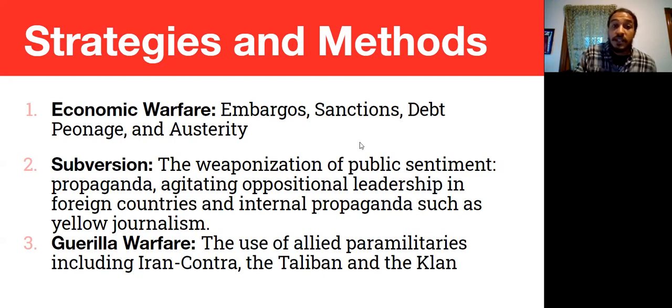And then the last strategy and method I'll talk about is guerrilla warfare, which is just straight up paying warlords to go and fight wars for you. We do this in Afghanistan. The people that we hand money to are often terrible people, that they're paid to be terrible people. There have been people who have had child slaves with them while we're dropping off this money. And we're just like, yeah, this is cool because you'll do the thing that we want, and you'll give us the things that we say that we want. And in exchange, we just hand you this pallet of money that isn't even really ours.